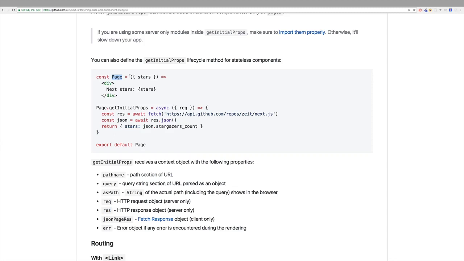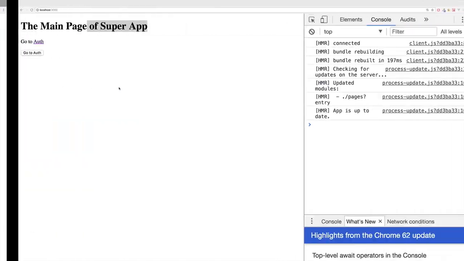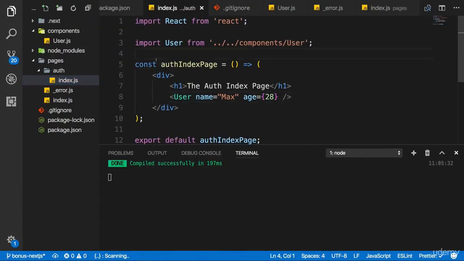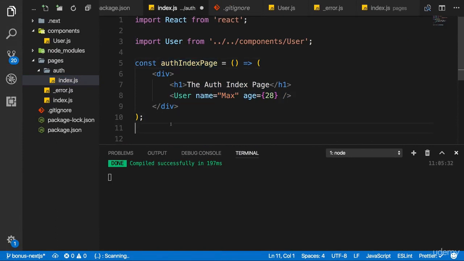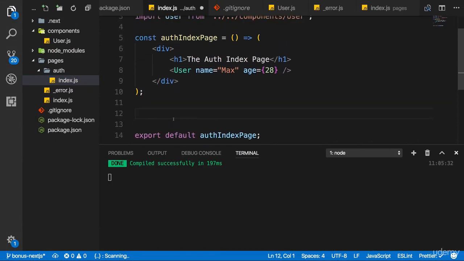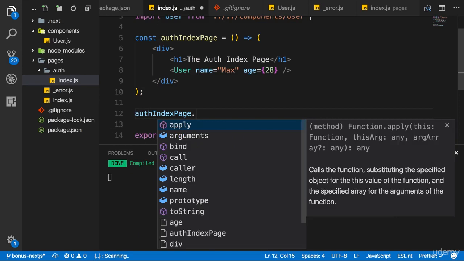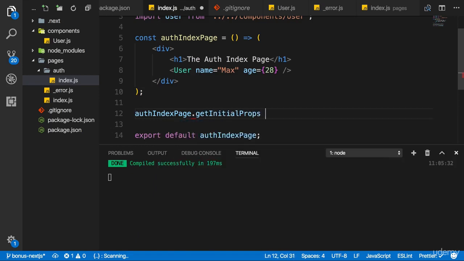A functional component is in the end a function, and a function is just a JavaScript object, so we can add static methods to it. So I can just say AuthIndexPage.getInitialProps, and therefore I define this method, and Next.js will only call it if it is defined, otherwise it will just skip it.